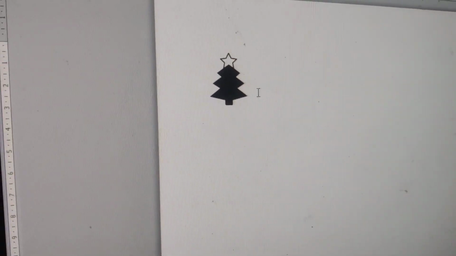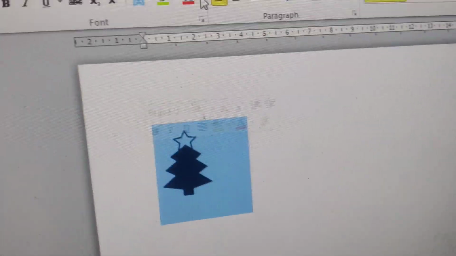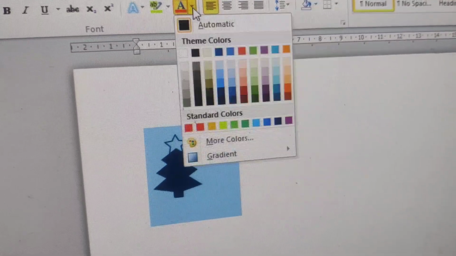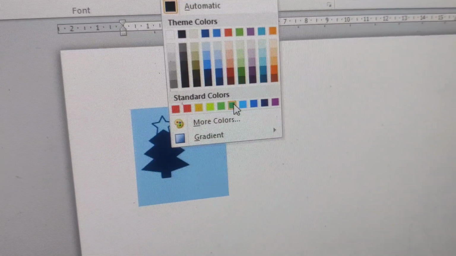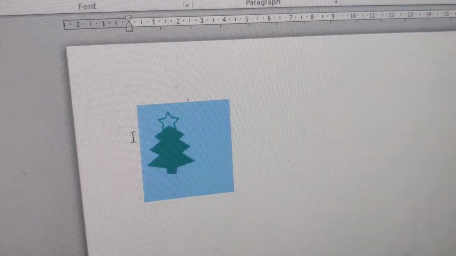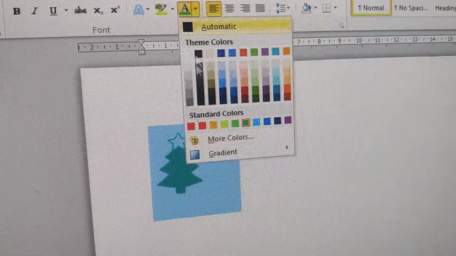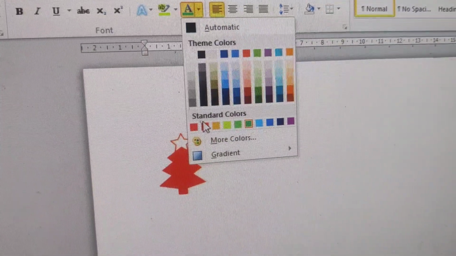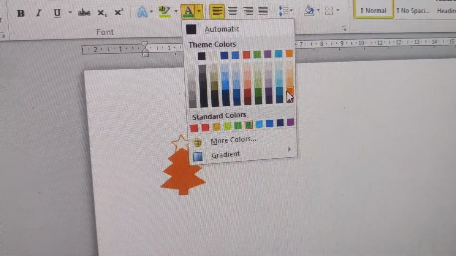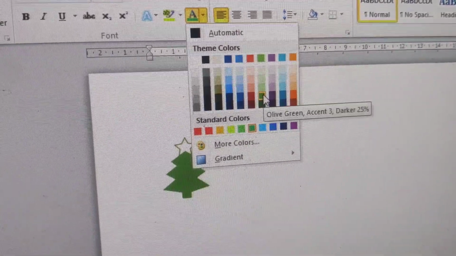So in today's video we discuss how to set up Christmas tree in various colors in your computer using Word shortcut. So suppose if you are using a Windows computer, you must open the Microsoft Word, MS Office Word, and you can simply change the color of your Christmas tree from here, green or green. So you can change the color by selecting from here. So in this video we are going to discuss how to create this symbol using a Word shortcut method, a keyboard shortcut method. Okay, for creating this Christmas tree, first you must